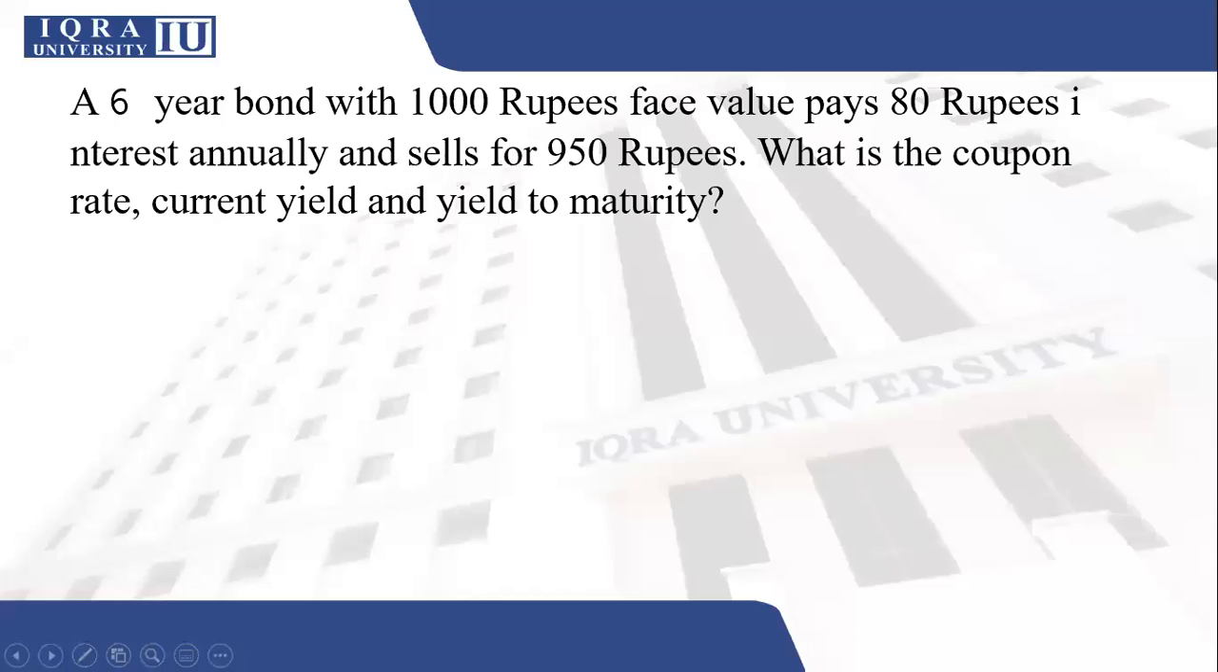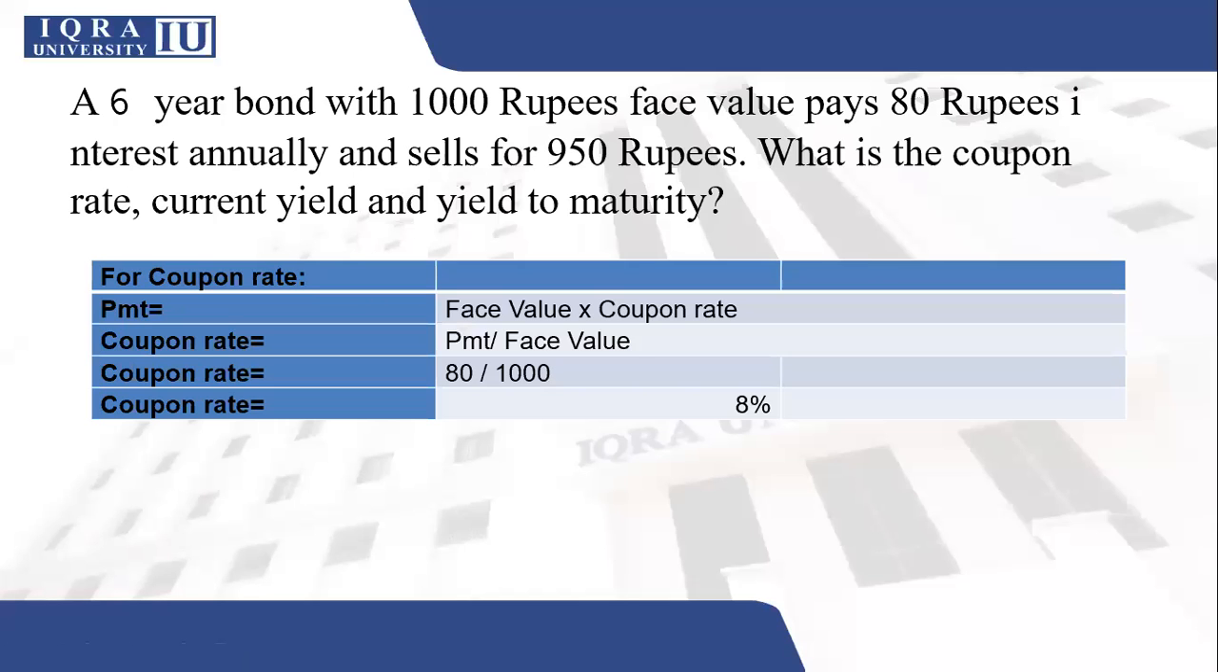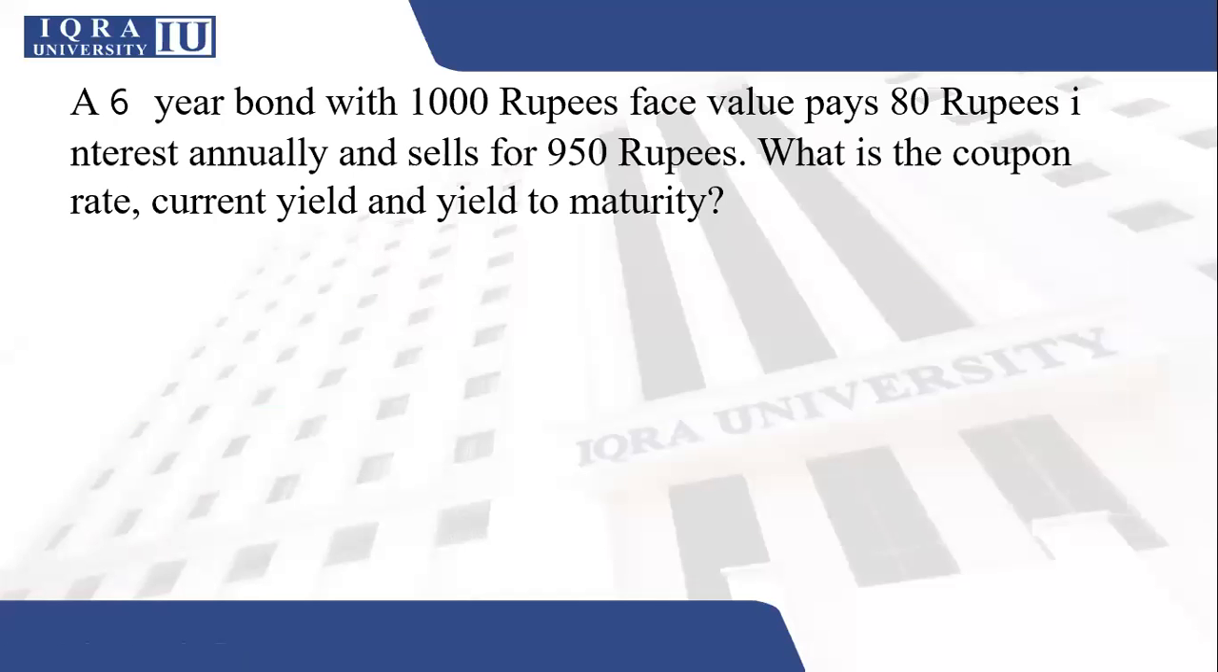So in the previous recording, we have already discussed how to calculate the coupon rate and how to do the calculation for current yield. Now I'm going to show you how we're going to do the calculation for yield to maturity using the trial and error method. So for that,